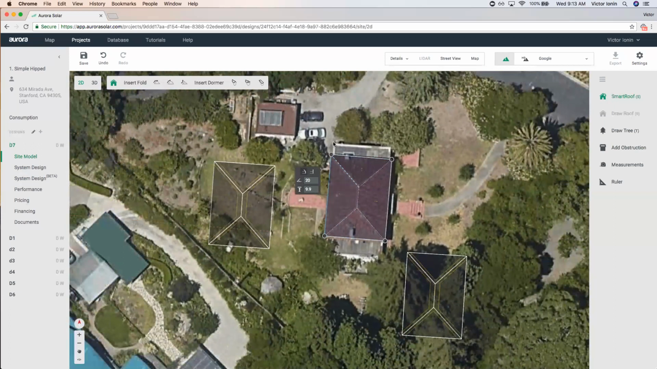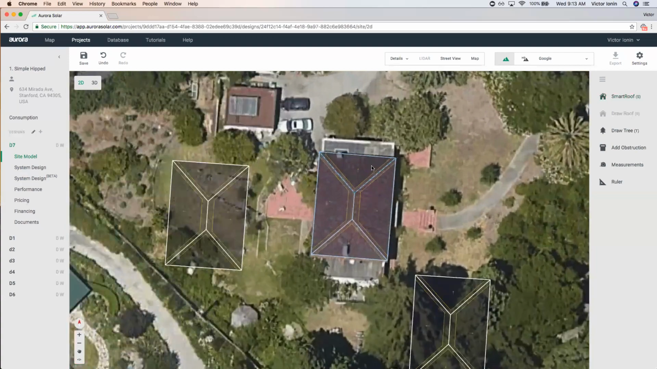Now, to exit the edit or the draw mode, there's a bunch of options. You can always hit escape to exit the mode, and you can see that my menu's gone. You'll also notice that